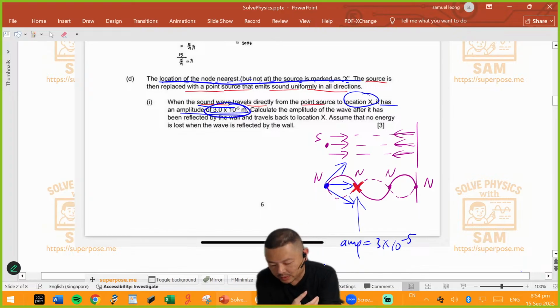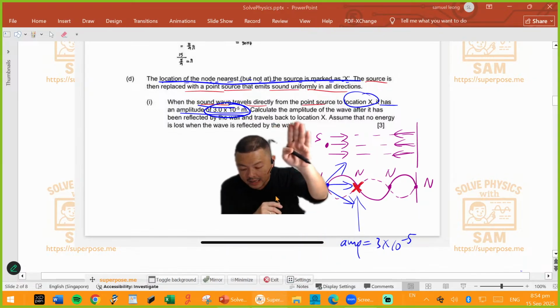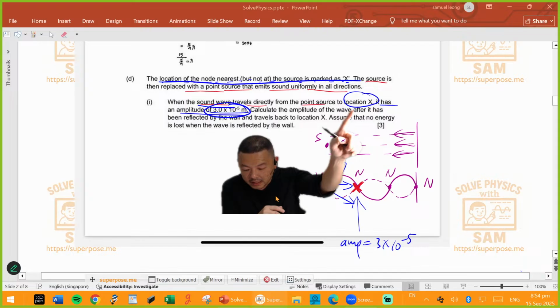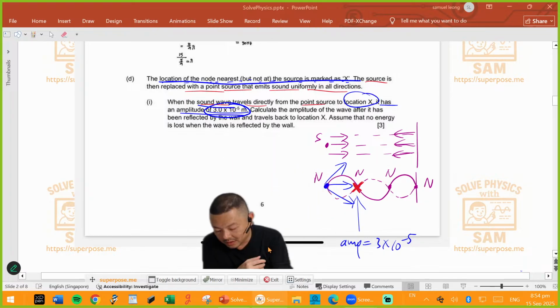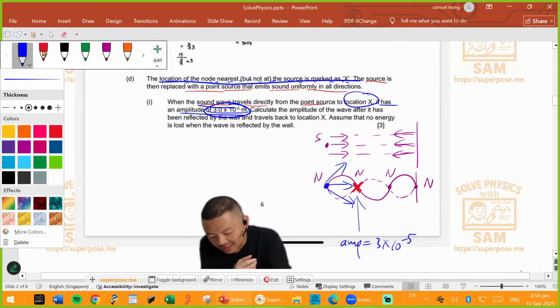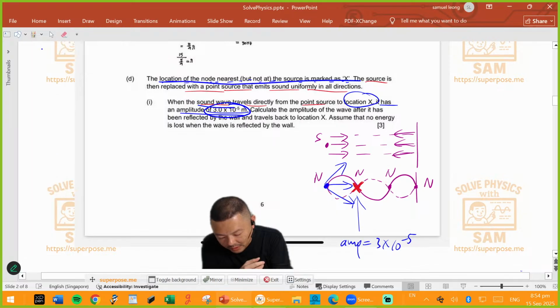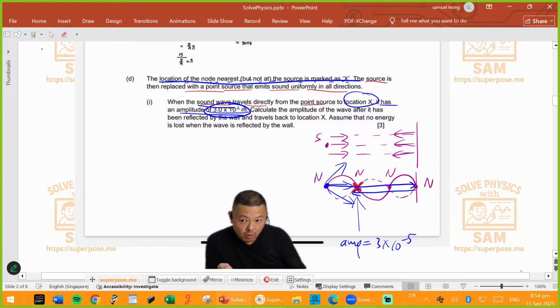So it has this amplitude. And then they're saying calculate the amplitude of the wave, right? After it has been reflected by the wall, and then it travels back to location X. So it's super convoluted. The wave will now pass by X, hit the wall, and then travel back, right? So you're not wrong to say that